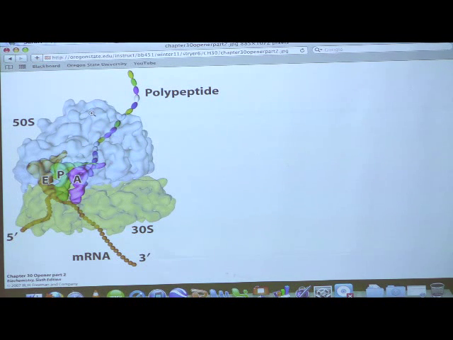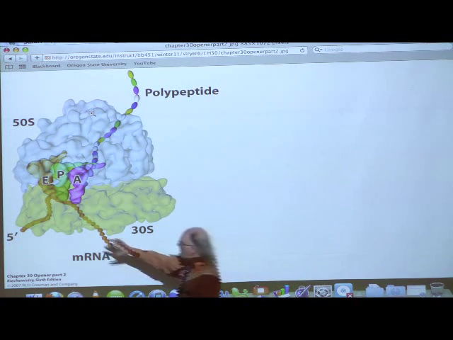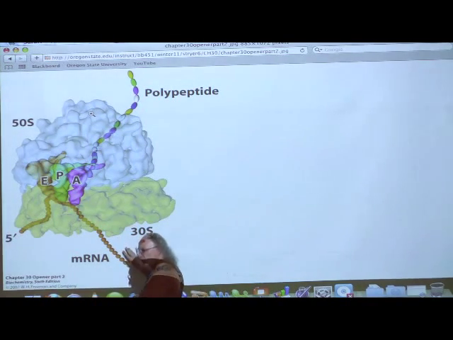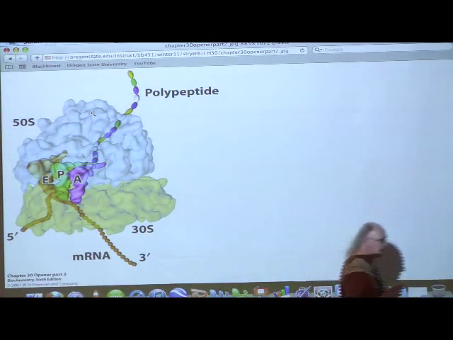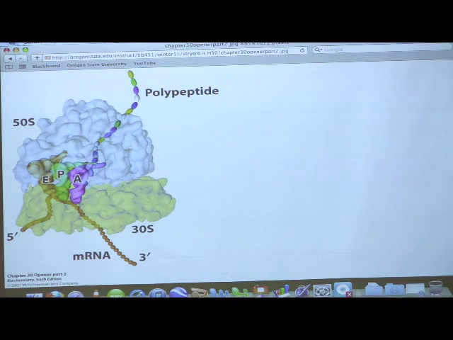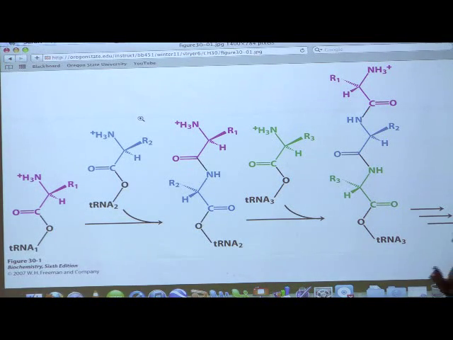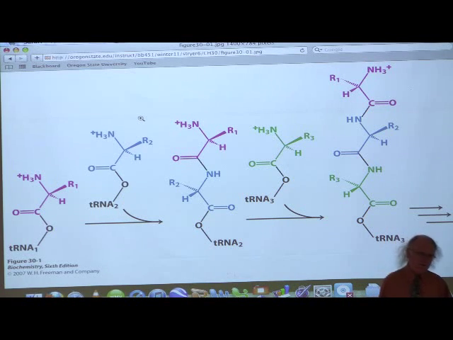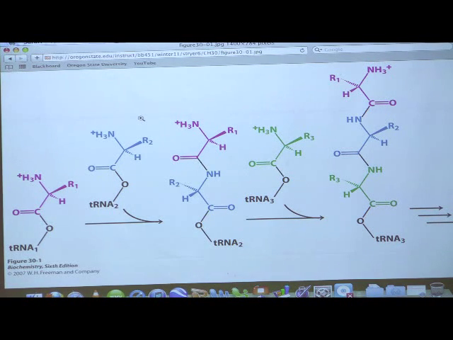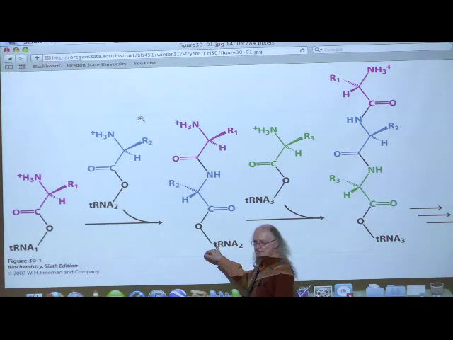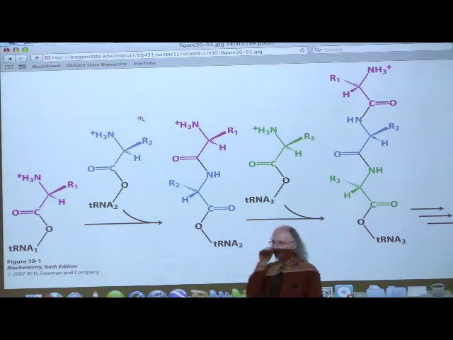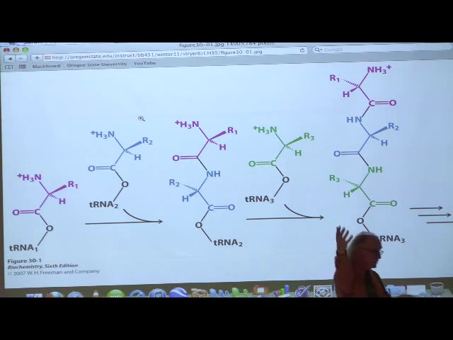Okay? As I said, the messenger RNA goes between them, and the ribosome basically moves down the messenger RNA a chunk, a chunk, a chunk at a time. Each chunk corresponds to 3 nucleotides. Okay? When we are translating a sequence, we are joining 2 amino acids together to form peptide bonds. This joining is occurring, and I want to emphasize this, on the end of a tRNA. Translation is occurring with a polypeptide joined to a tRNA.